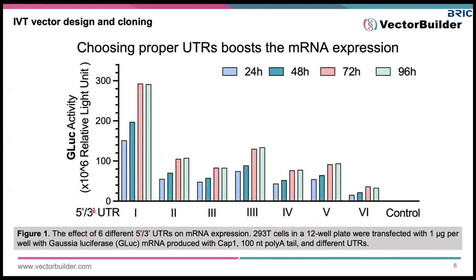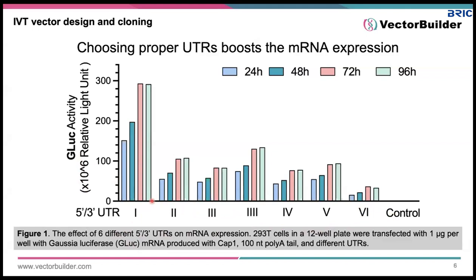So in this case, we use a reporter luciferase called Gaussia luciferase or GLuc. And this luciferase coding mRNA sequence is flanked by 6 different types of 5' and 3' UTRs, and they are named number 1 to number 6. And all these mRNAs were prepared under the same condition to the same concentration and transfected into 293T cells. At 4 different time points post-transfection, the activity of the GLuc was quantified to reflect the translation of this GLuc